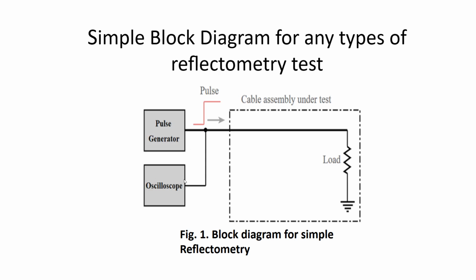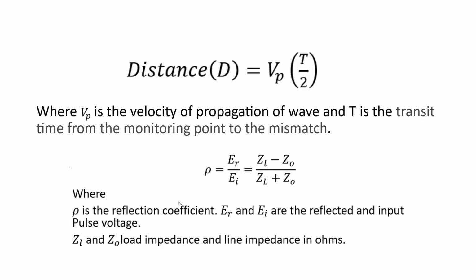So this oscilloscope will record in time scale. Both the signal which is sent and the signal which is coming back will be recorded in the oscilloscope. And you can see the duration of the gap between the sending signal and the signal which has reflected. So based on the time scale, you can convert it into distance scale by using the velocity actually. So distance d is equal to Vp into T by 2, because